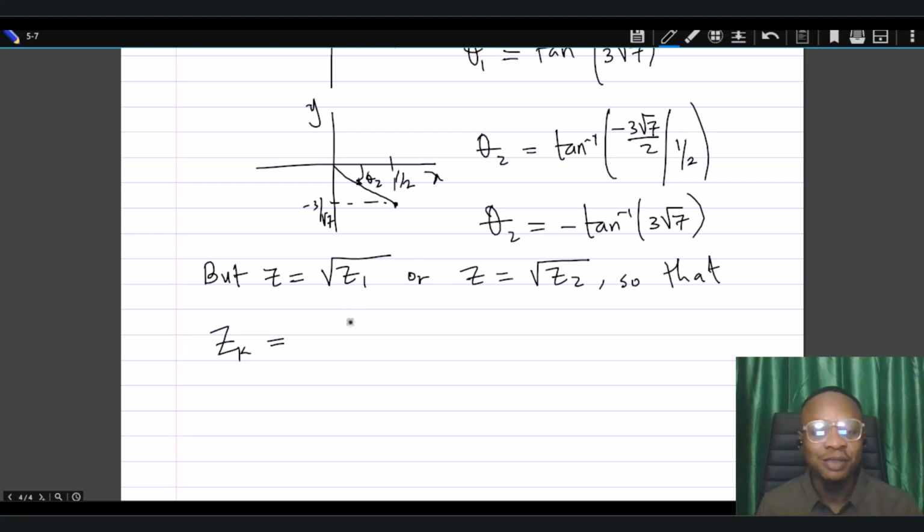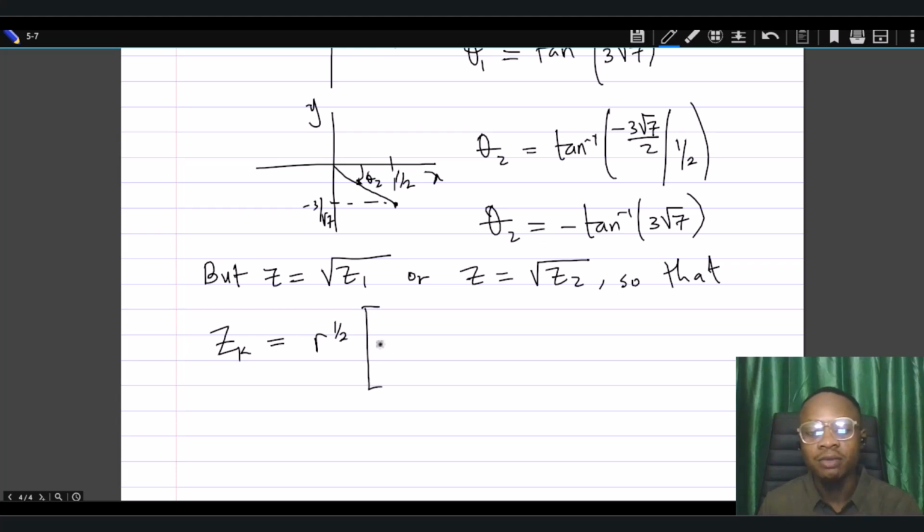So z is the root we are looking for now. That's why I'm writing it as zk instead of qk that we have always used. So the same expression, that will be the modulus of z. So that will be r. It can be r1 or r2. So I'm just writing it as r to the power of 1 over 2, then into